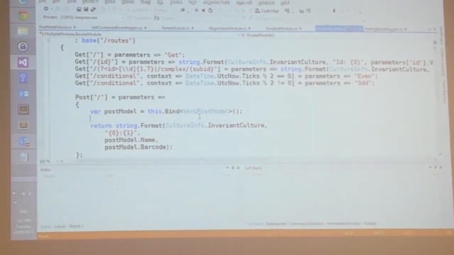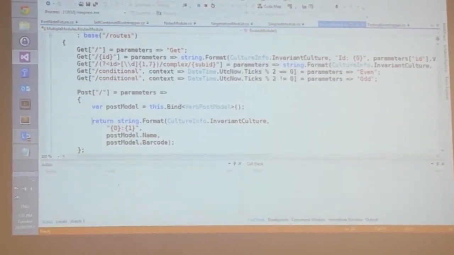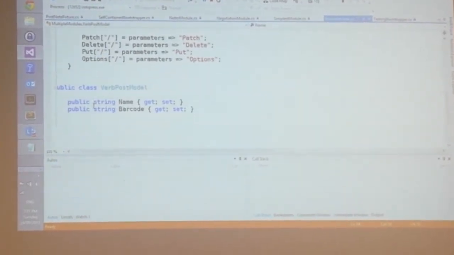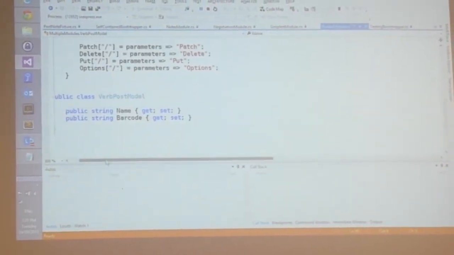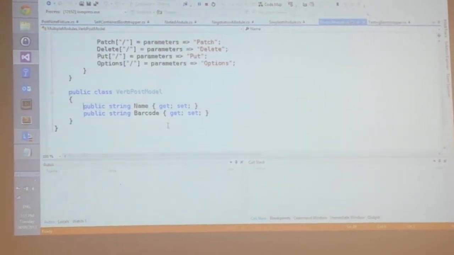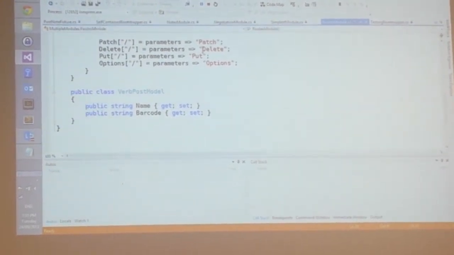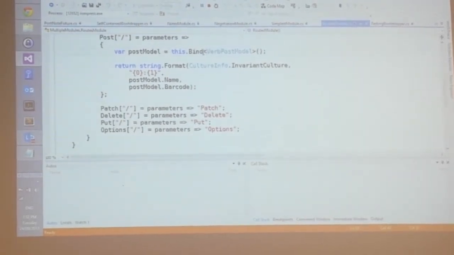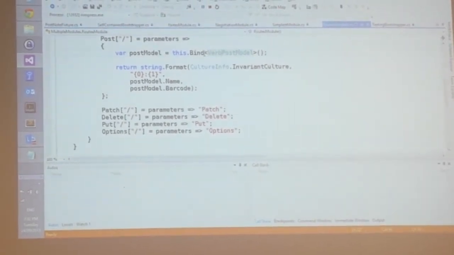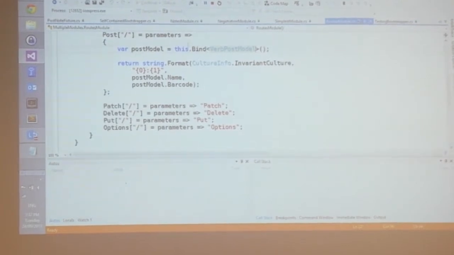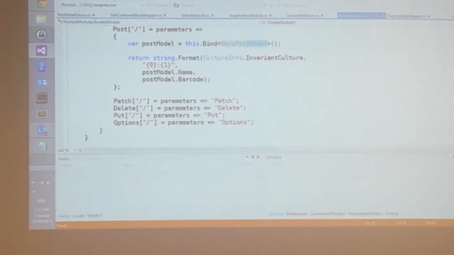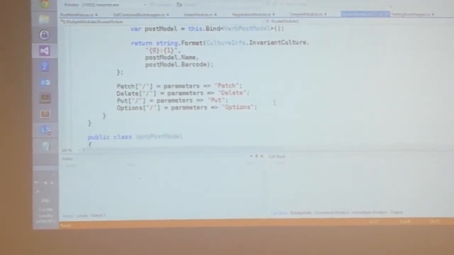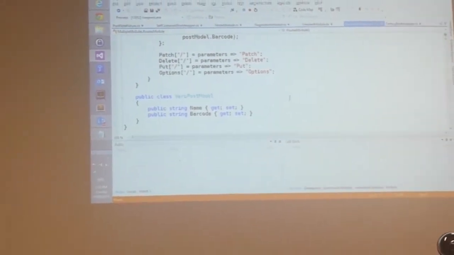We take in the parameters that come through, we bind it, and the post model itself is fairly straightforward. Just a straight property bag, nothing fancy at all. And again, it's doing what you would expect, a little bit of reflection to figure out what's going on. And you'll see that model there is part of Nancy's convention to figure out what's going on. It'll also do things for views, which we'll talk about in a minute.